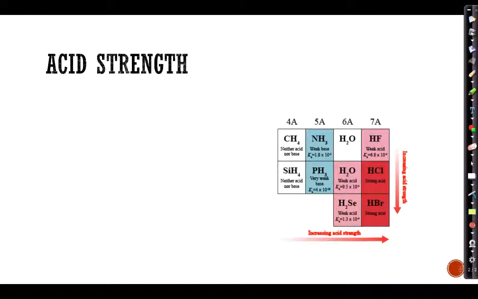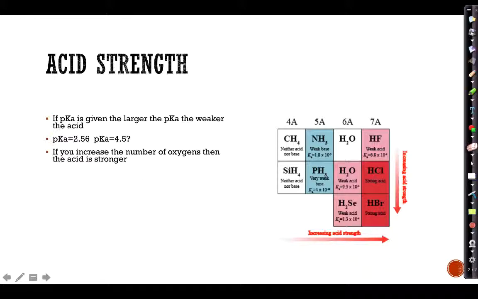Now, one of the things that they could do on the test is ask you to compare acid strength. There are a few ways that you could do that. The first is with the pKa. If you have pKa values, the larger the pKa, the weaker the acid. So here we have two pKa values. The higher one will be the weaker acid. Anytime that you have a higher pKa, that means it's a weaker acid. So this is the weaker one,